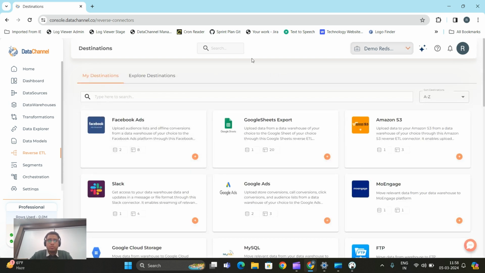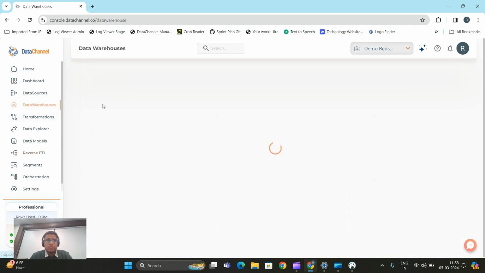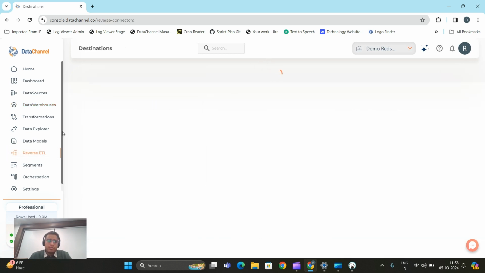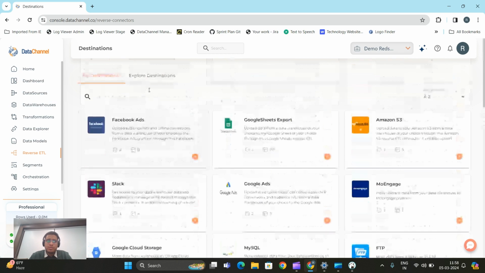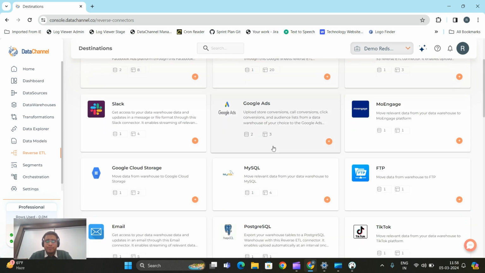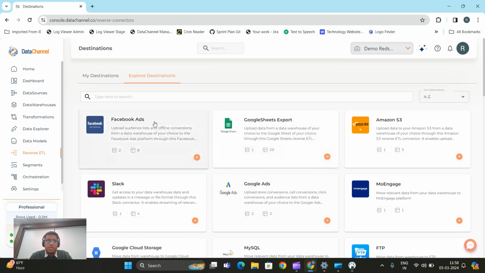So yes, using reverse ETL, you can push data from your warehouse, whatever warehouse you have configured here. I'm using this one as of now. So you can push data from your data warehouse to these destinations that are available with DataChannel. In Explore, you can push data to Facebook Ads, create custom audiences for targeted advertisements, push offline conversions, Google